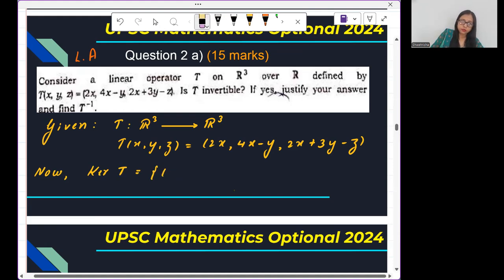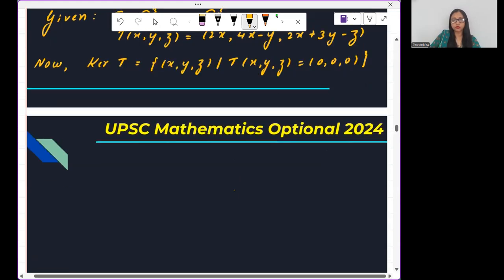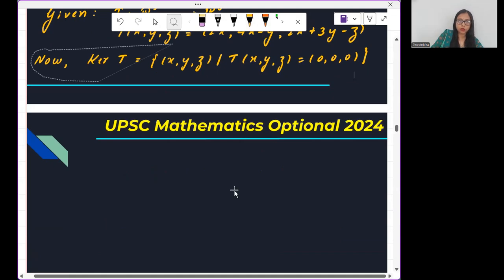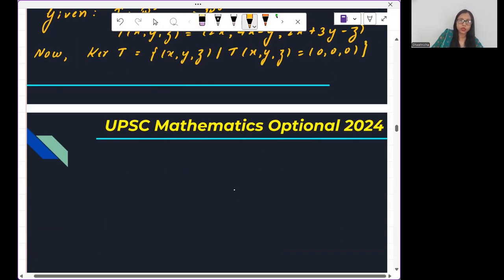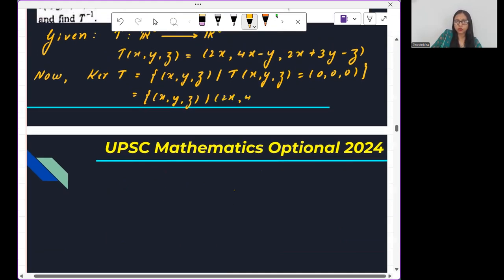All the elements from the domain vector space R3 such that when we apply the transformation on it, the answer is 0, 0, 0, which implies this is equal to all x comma y comma z such that 2x comma 4x minus y comma 2x plus 3y minus z is 0, 0, 0,